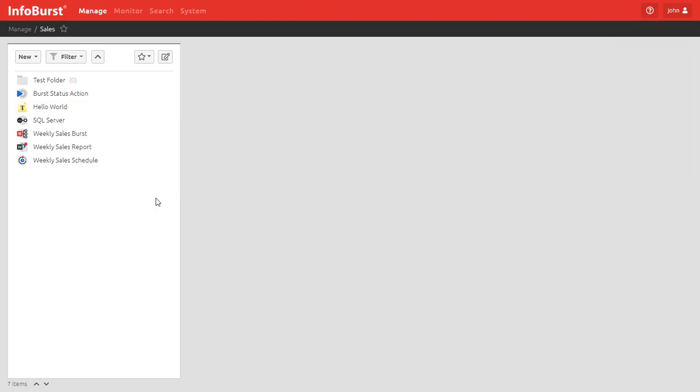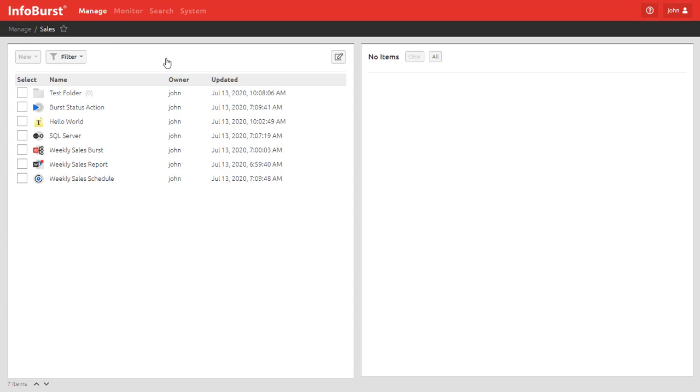And finally, we'll look at object management. To manage objects, select a folder. Here I'm within Sales, and then toggle Advanced Mode by clicking the pencil button. Select the object you'd like to manage. Here, for example, I'll select the Test subfolder,